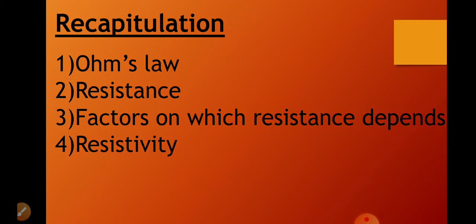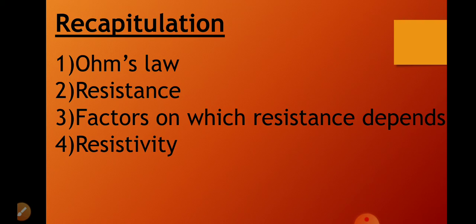Here both resistance and resistivity vary with temperature. I had also explained that resistance and resistivity are not one and the same. Resistance depends on length and area, but resistivity depends only on the nature of the material. So resistivity is different for different materials. Resistance depends on length: as length increases, resistance increases. But resistivity is not going to vary for the same material.